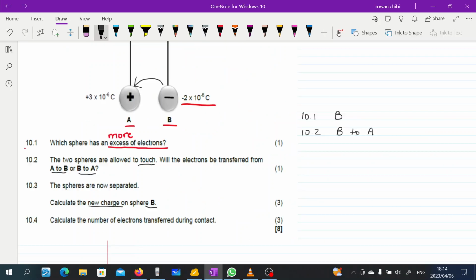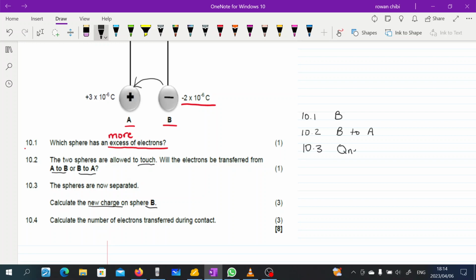10.3, the spheres are now separated. Calculate the new charge on sphere B. So let's do that now and see what we are going to get. So we have the formula to find the new charge. The formula says